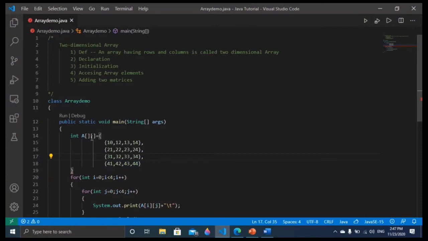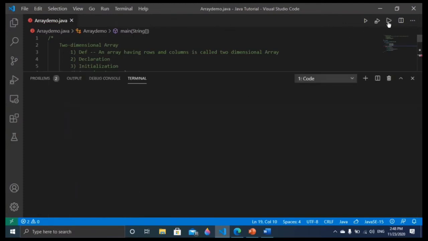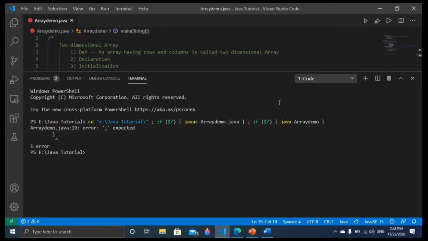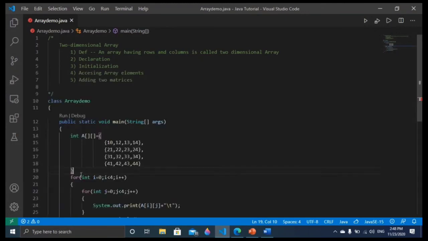So here this empty bracket means it's not necessary. Whatever rows and columns we are giving, that will be automatically taken by this. So here we are not going to fix the number of rows and number of columns. Whatever we are giving here, that will be considered. Now if I run this, you will see this is going to be printed. Let me show you, friends. Now you can see the error is coming. What error is coming? Let me see. I think yeah, I have not put the semicolon. Okay, now there will be no error.